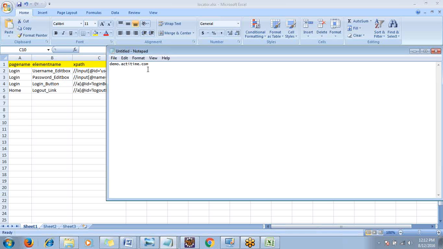If we launch the offline application, localhost/login.do will launch the ActiTime offline application; otherwise it will launch the online one. If you have an internet connection, use demo.activetime.com. If you don't have an internet connection, download the offline demo from Google and install it on your machine. Then just enter localhost/login.do in the browser. That's it. This application we are going to use as part of this Selenium